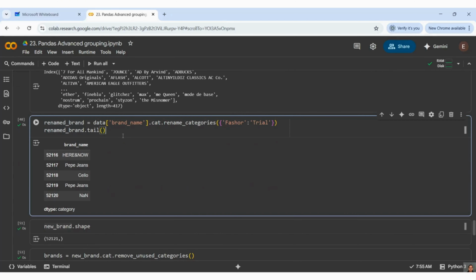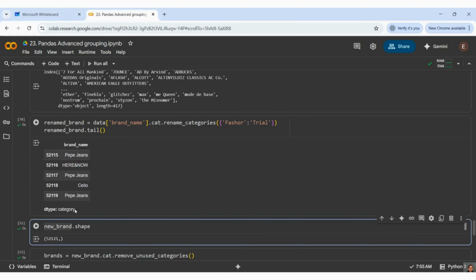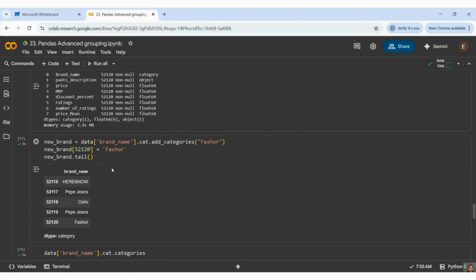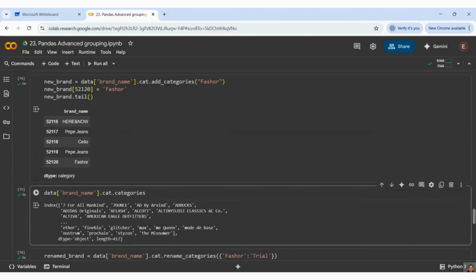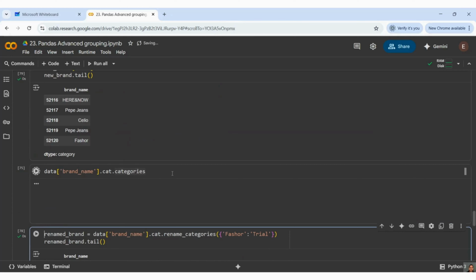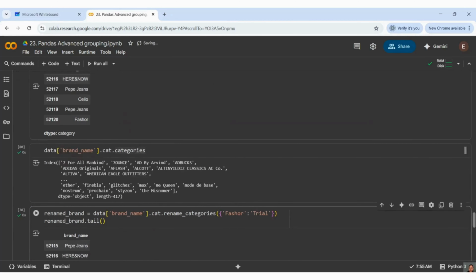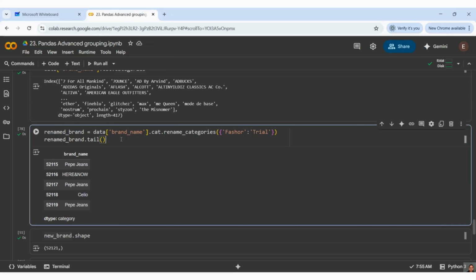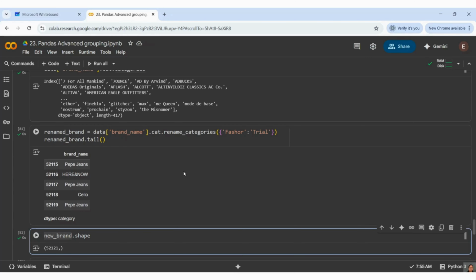So perfect. Now we will see how we are renaming it. Need to run this again. Then after that, I want to see the renamed.